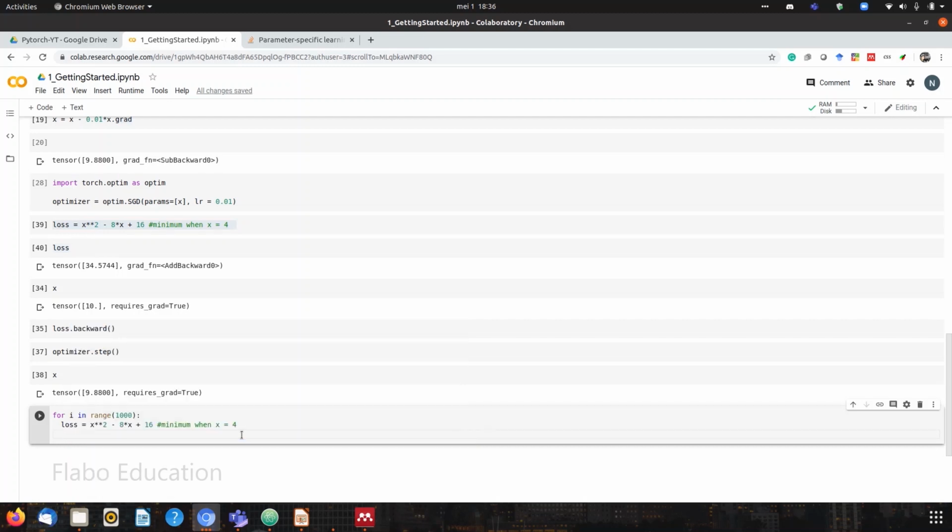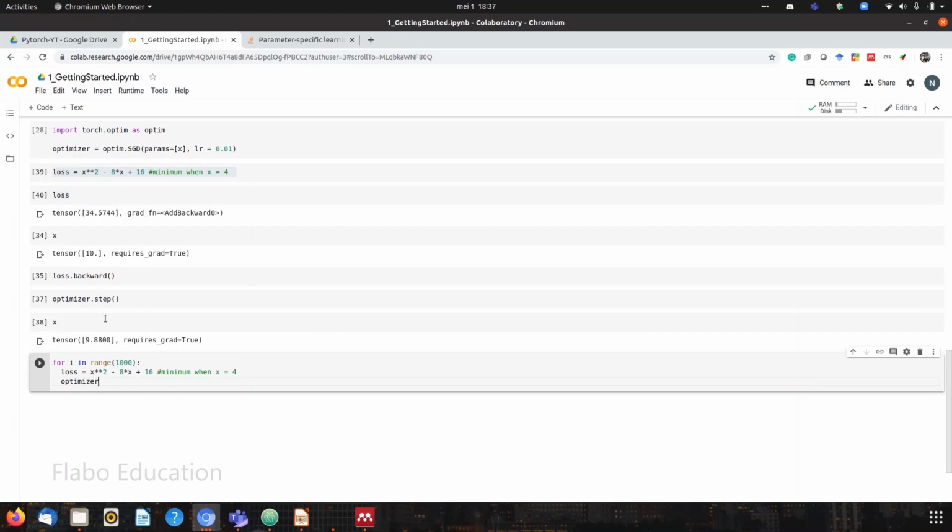But before we do loss.backward, we have to zero out the gradients, and that's because PyTorch doesn't zero out the gradients when it calculates gradients. If you don't zero out gradients, then the value of these gradients are appended or added on to the previously calculated gradients. So just to show that real quick,